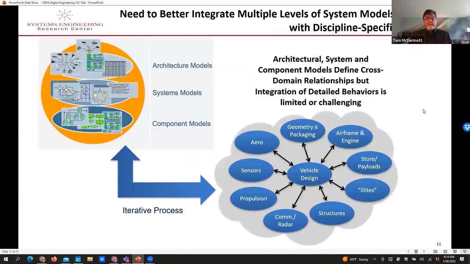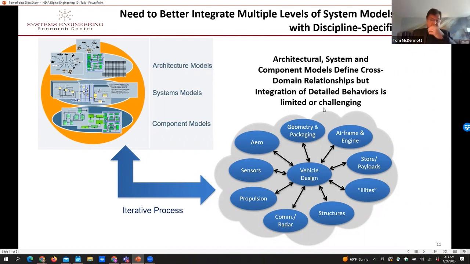So one of the things that in my community in system engineering that we've been working on is called model-based system engineering. And so what model-based system engineering is actually building in our domain these high-level architecture models and lower-level system models that ideally connect all of these disciplinary components and behaviors together.